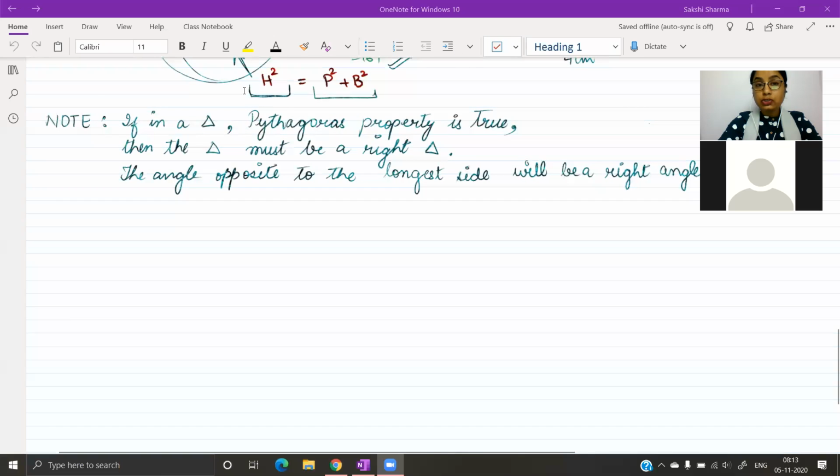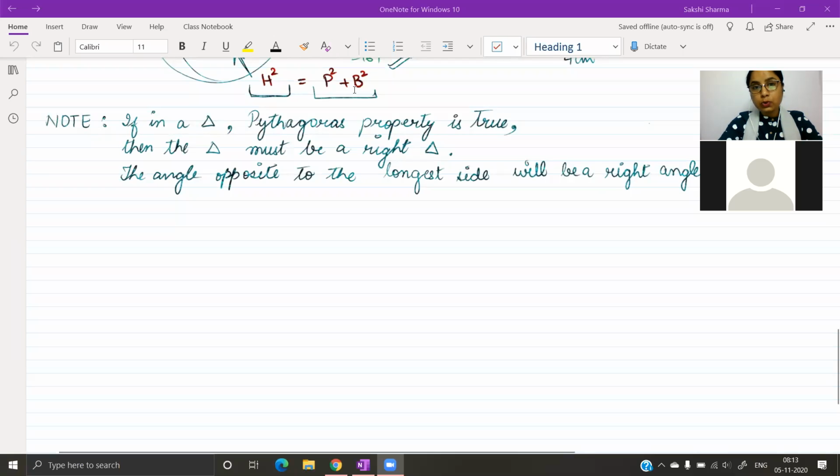So this means h represents your hypotenuse, which is the longest side. Its square on one side is equal to the answer that you will get when you add the squares of the other two sides. So other two sides of the right triangle will be called the legs in general. अगर आपको specifically बोलना है, you can call the vertical one the perpendicular and the one on the bottom as base. So उनके भी squares करने, square तीनों के करने हैं. So तीनों के squares कर दो, तीनों sides के, hypotenuse का भी, perpendicular का भी, base का भी.